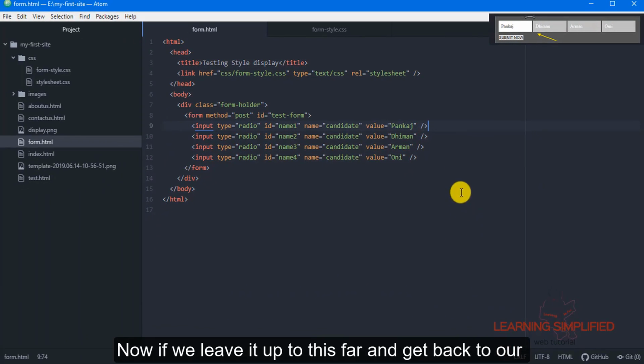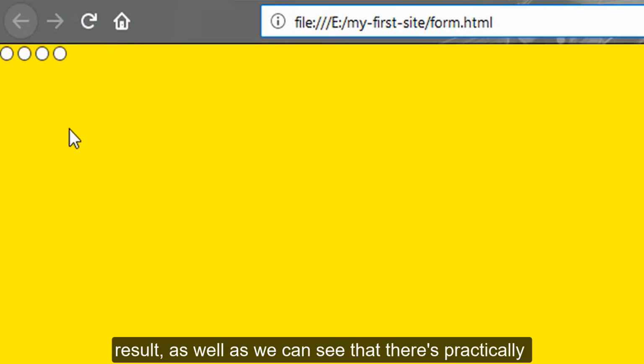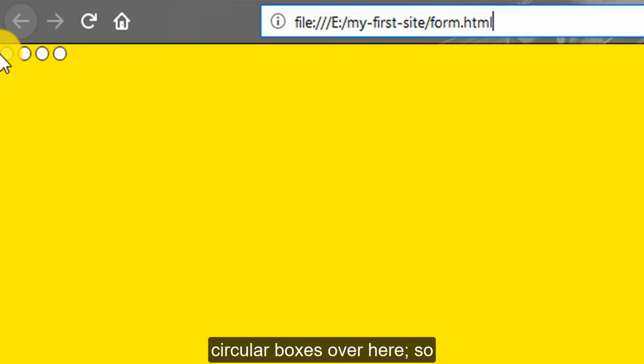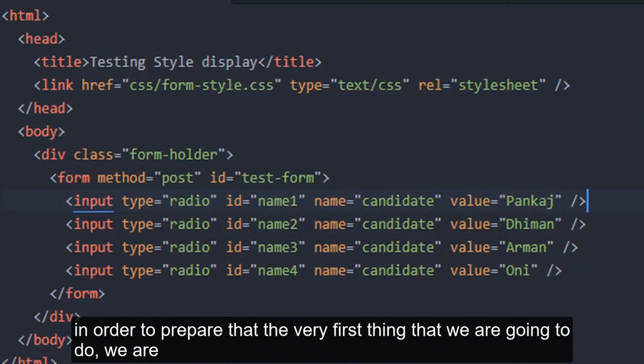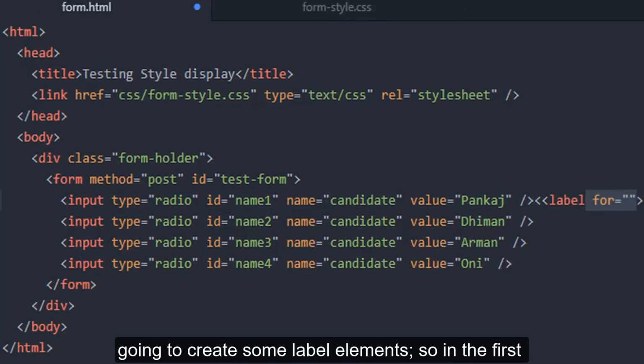Now if we leave it up to this far and get back to our project and reload, we can see that this will be the result. As well, we can see that there's practically nothing being displayed over here instead of some kind of circular boxes. So in order to prepare that, the very first thing that we are going to do is create some label elements.